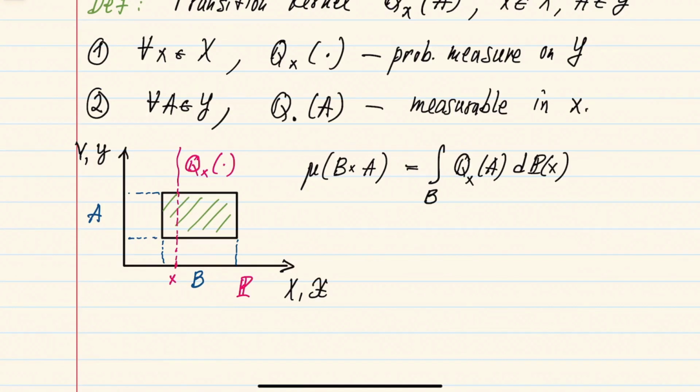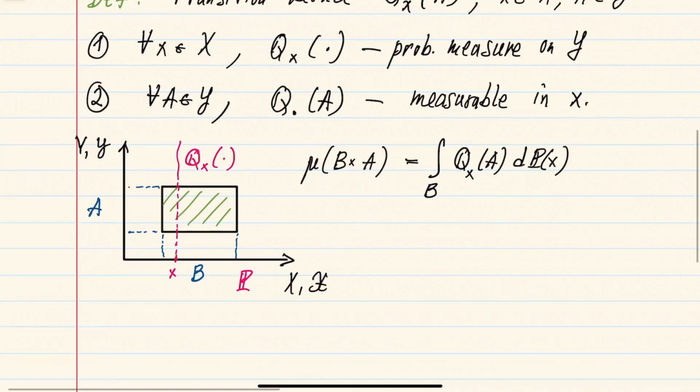And so once you define this measure on the rectangle, the rest is exactly the same as in the case of the product measure p times q. So if you go through the proof in real analysis, if you only saw the case of the product measure, you can show that you can extend this to the probability measure on the whole product space, and then you also get a generalization of the Fubini theorem, which in this case looks as follows.